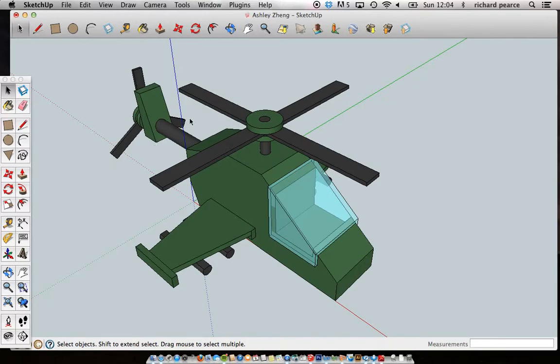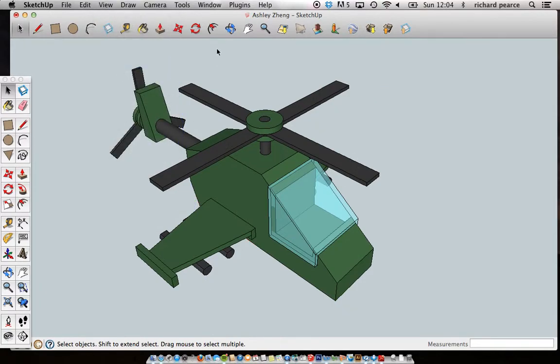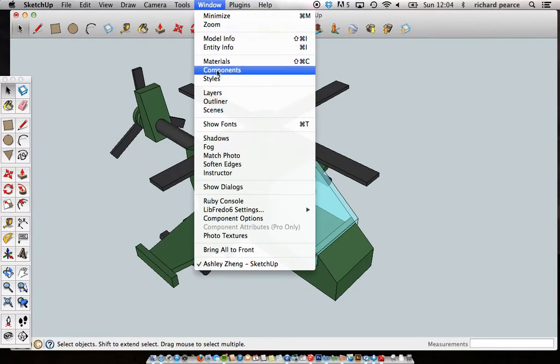So first of all, let's talk about how to turn these axes off, because we don't need those. So if you go to view and then axes, that will turn those off. And then to make our background go white, we're going to go to window, styles,